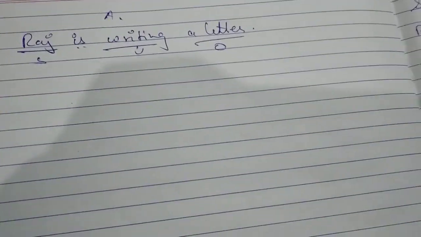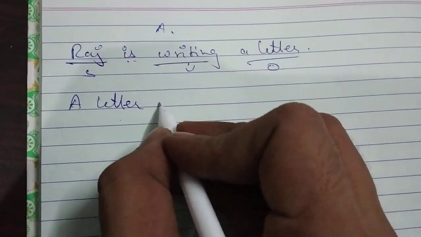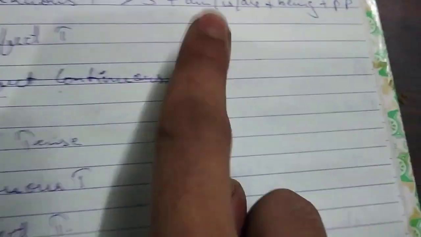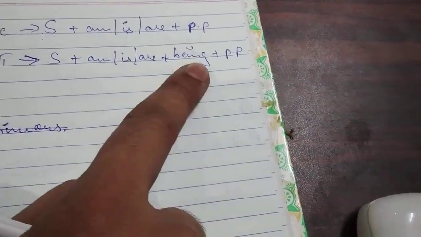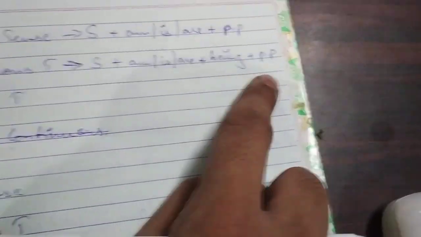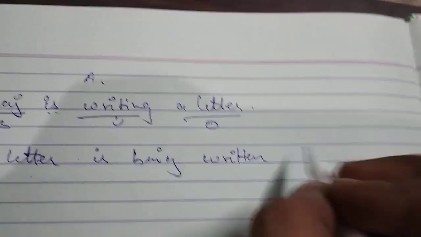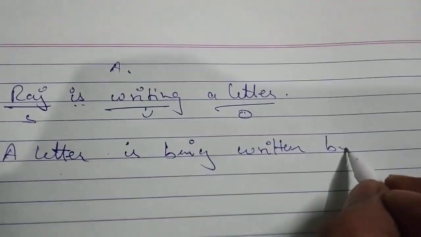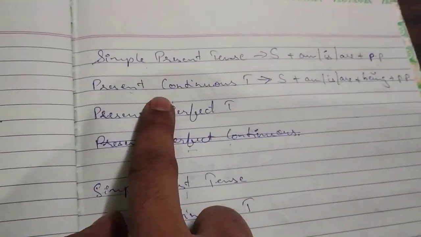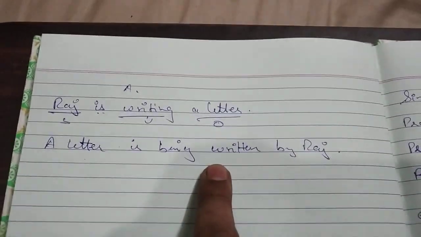So subject plus am, is, are. Our subject will become, a letter will become the subject. A letter, then am, is, are. So a letter is singular, so subject हो गया, am is are में is लगा दिए. अब क्या लगाएंगे? being, फिर क्या आ जाएगा? past participle. तो past participle किसका होता है? verb का होता है. तो writing का past participle क्या है? written. और आखिरी में क्या आ जाएगा? by Raj. हो गया. A letter is being written by Raj. ठीक है. तो सेंटेंस किस वॉइस में था? हमारा एक्टिव वॉइस था. और कौन से टेंस में था? प्रेजेंट कंटिन्यूअस टेंस. तो हमने ये फॉर्मेट लगा के उसको क्या किया? पैसिव वॉइस किया. ऐसा चलता है.